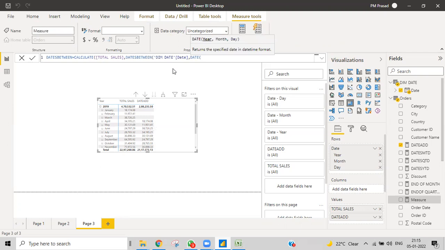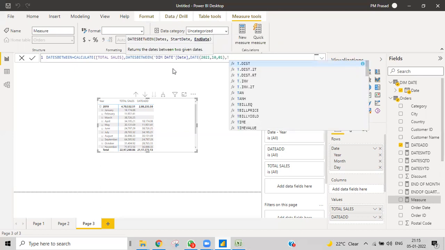In that I can write, I want to make the sales for 2021, October 01. This is my start date, and afterwards I want to give the end date. The end date will be today.